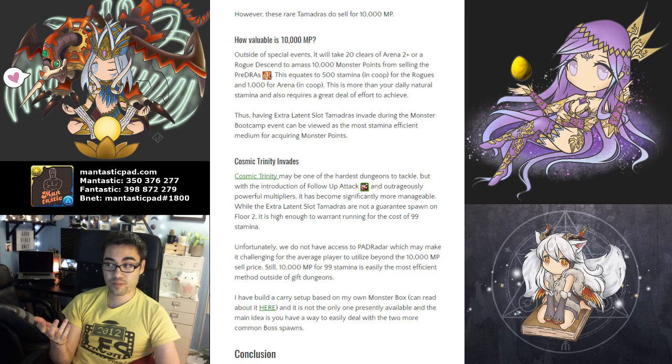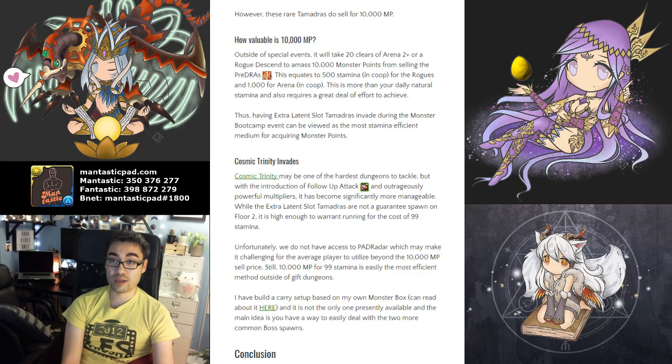So that is nice and all, but with Cosmic Trinity, they actually have a very high drop rate. And it's about a 2/3 rate from my sources that I've gathered from various JP players and those in the know. So it is actually a very efficient way, stamina-wise, to acquire monster points at a very fast rate,